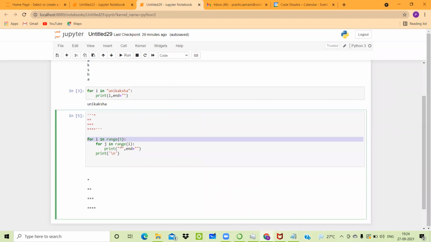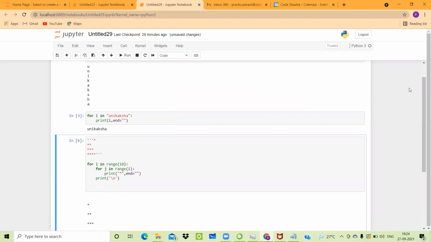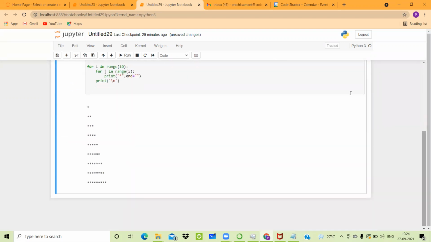अगर वो first for loop से बाहर आ रहा है, so obviously it will not go inside the second for loop, and because of that nothing will be printed on the screen, and like this you will get the output on the screen. If you are writing range is equal to 10 over here, so based on that आपको उतने patterns या फिर उतने बार उसका repetition मिलेगा.